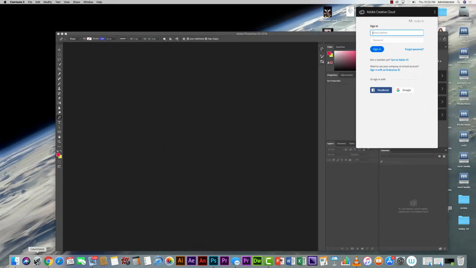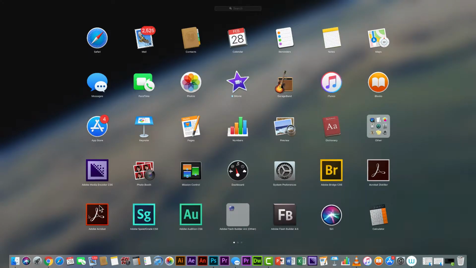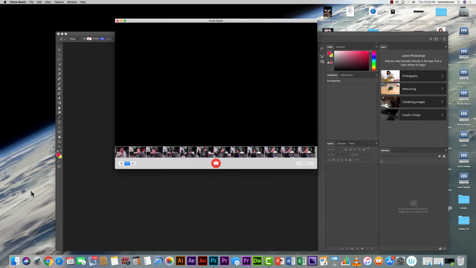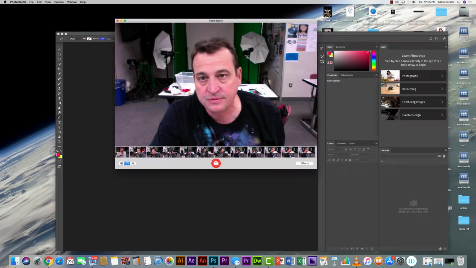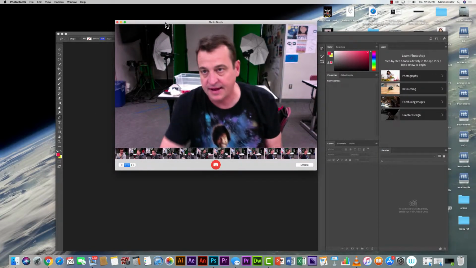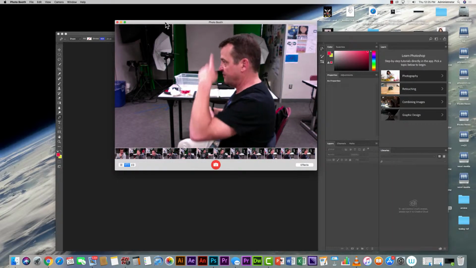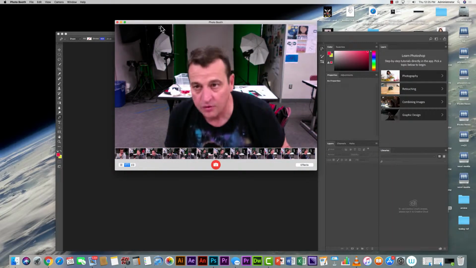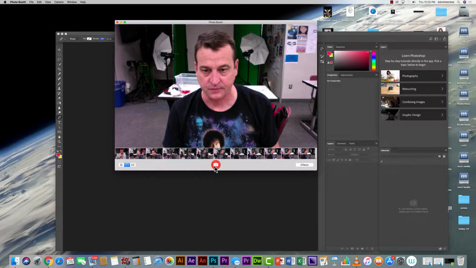Photo Booth, actually, you'll find it there only if you dragged it. Otherwise, you go to the Launchpad and you should find it on one of your pages, right? Click on Photo Booth, and you want to do a silhouette. So it's going to be the side view of your face, right? So we're going to, and of course,